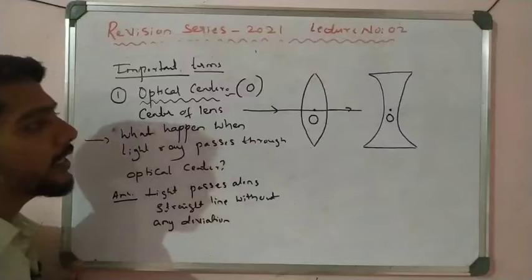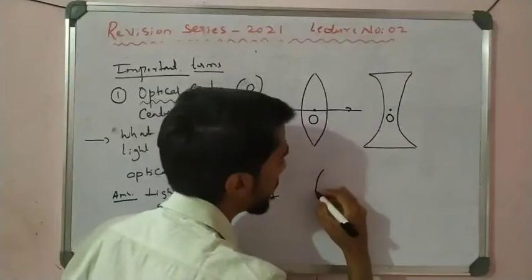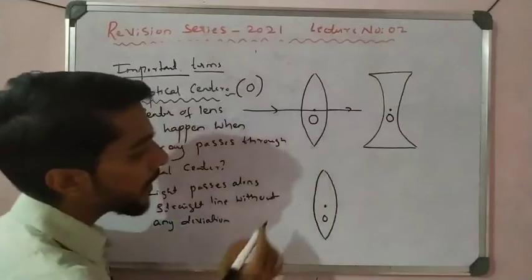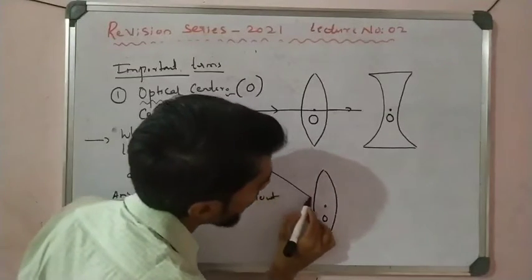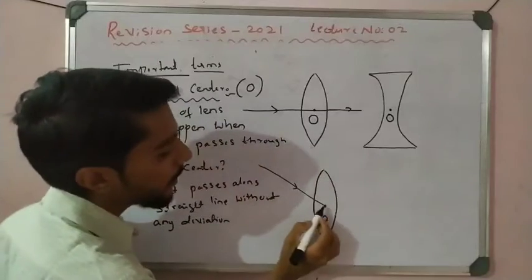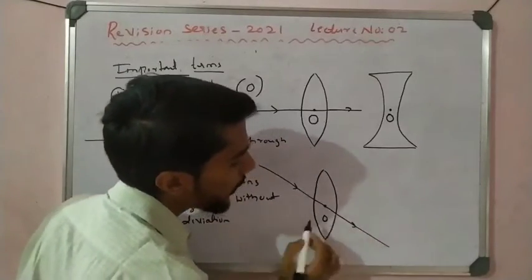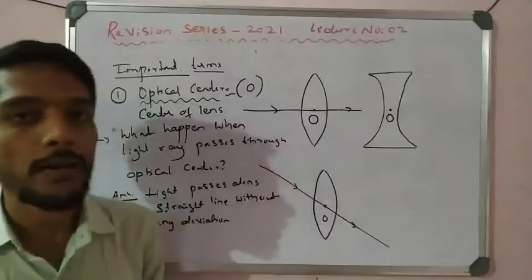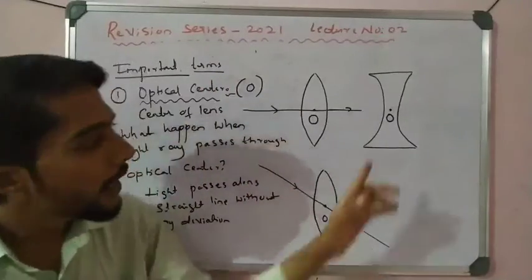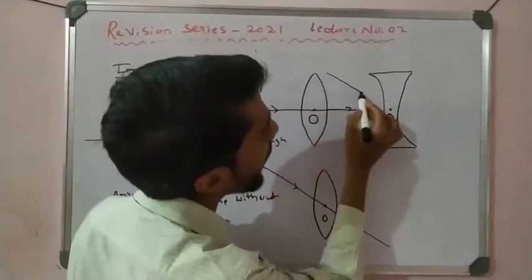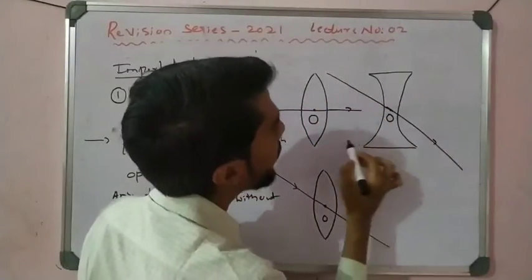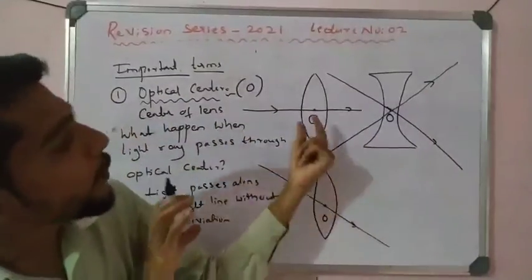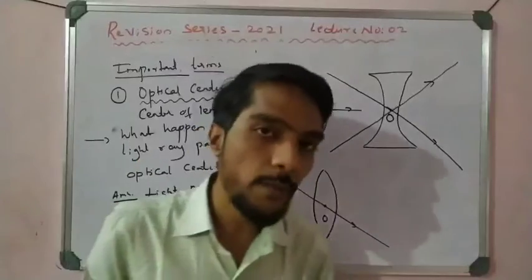deviation, like that. If I make a diagram like that, see, this is the convex lens, this is the O, called the optical center. If the ray of light is passed like that, what happens after this? There is no bending. It follows the straight path, propagating along the straight path. Like that also, if a ray of light follows like that, it is a straight line. There is no deviation, no bending when the light passes through the optical center. That knowledge is very important for you.